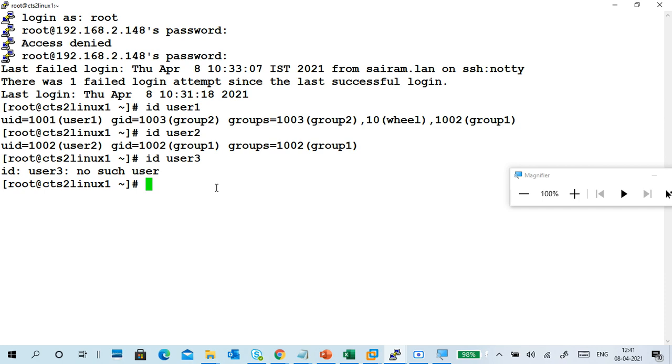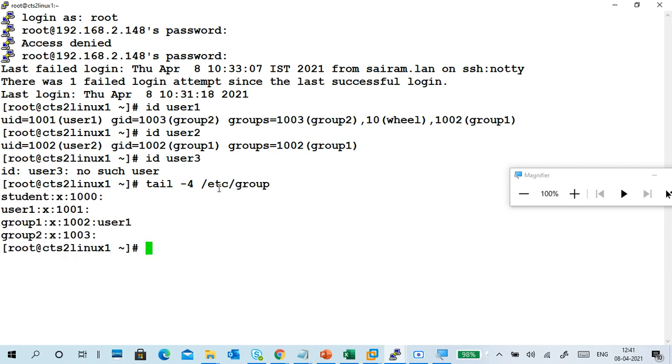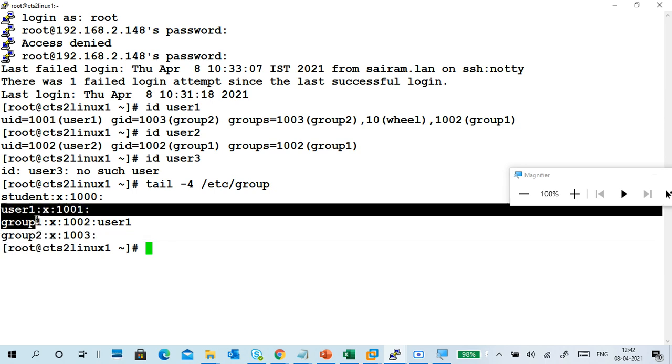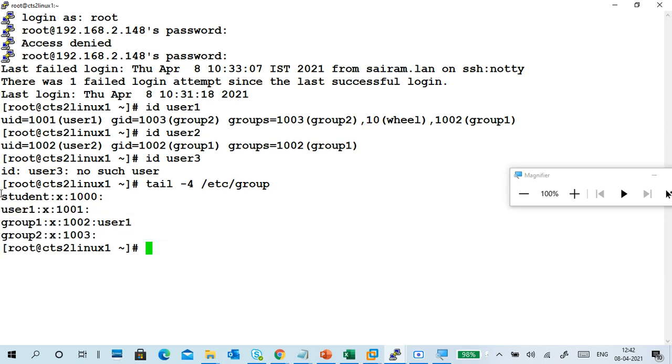Group3 is not there, right? Check it with tail -3. Someone put a smoke here, I don't know why. Group1, group2, there is also a group named user1, and the student group is also there.